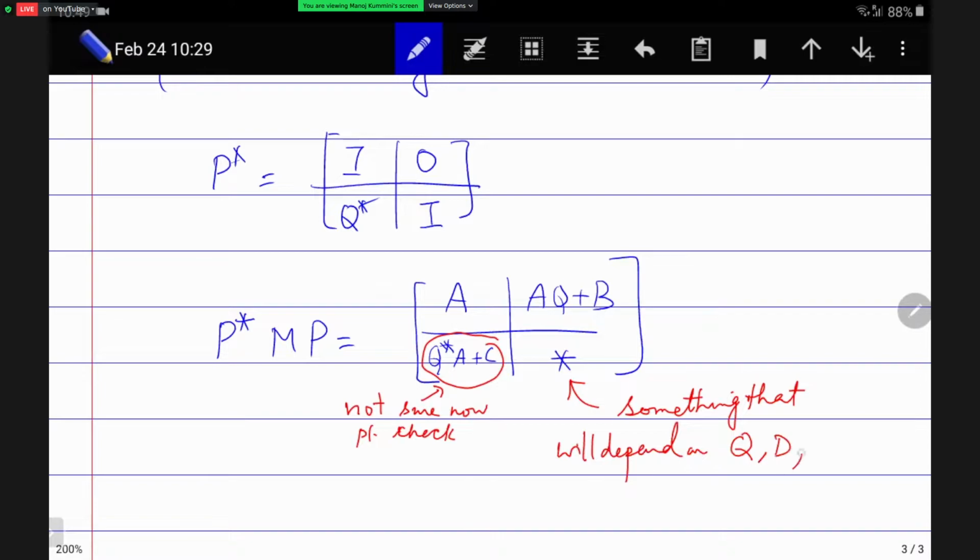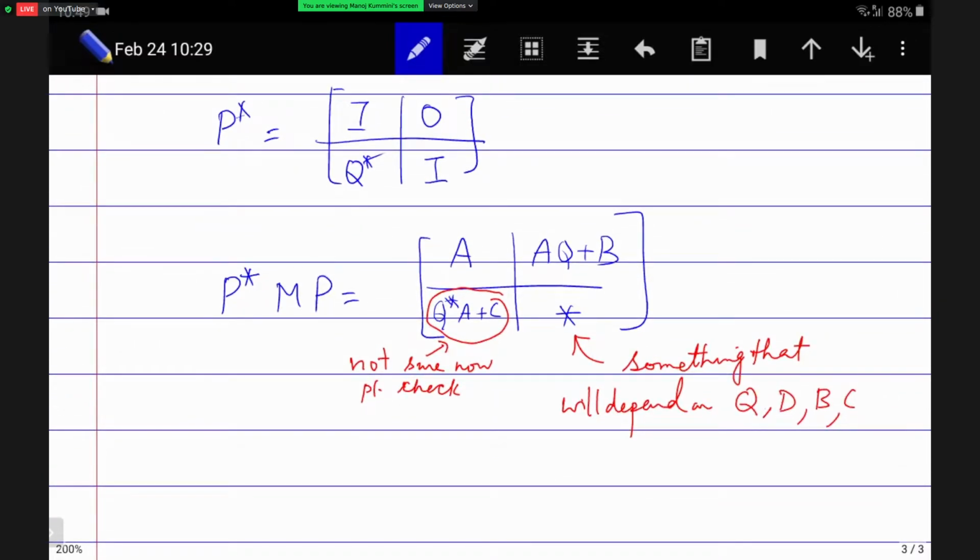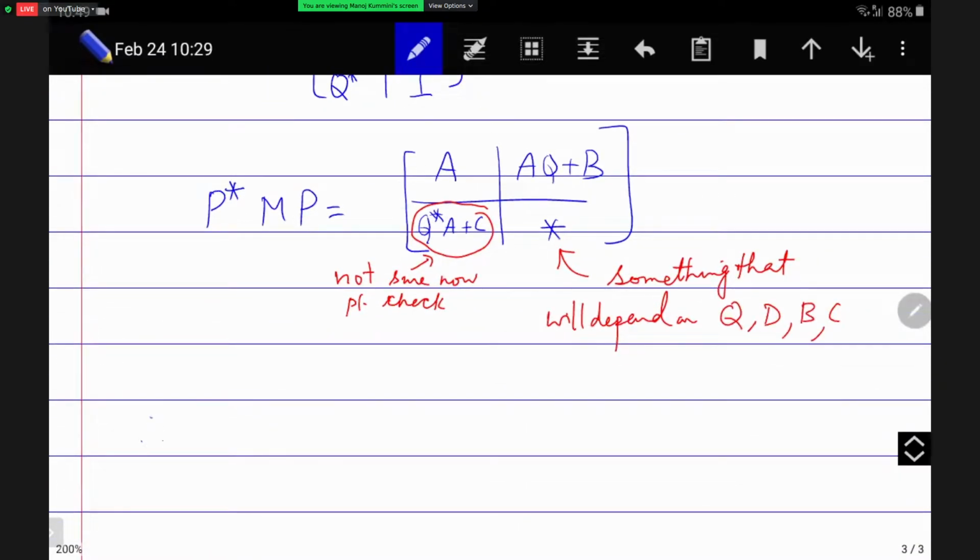Q, D, B, C. I think it depends on all of them. I have not written the expression down because it is not relevant. But this will tell us what we have to take. So we still have not found P. Yeah, we're trying to find a P. So therefore, take Q